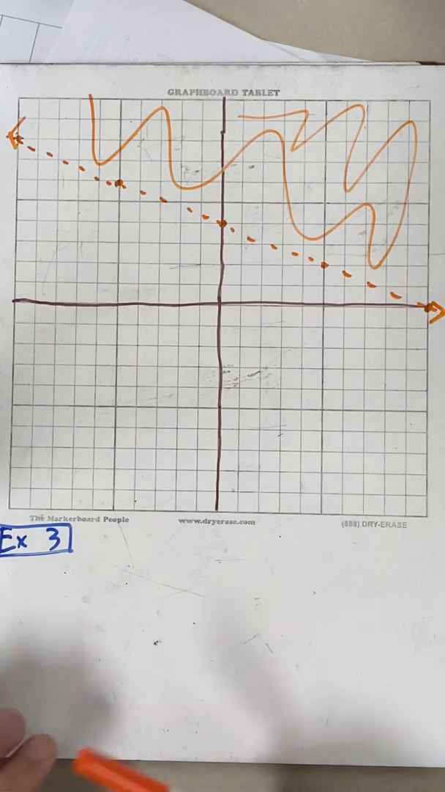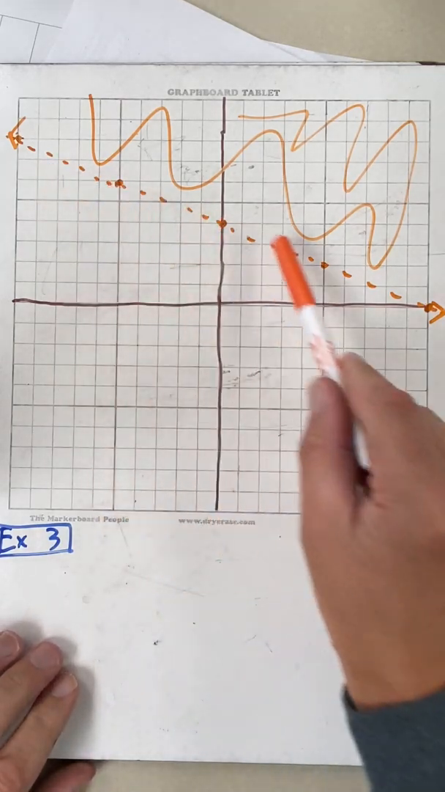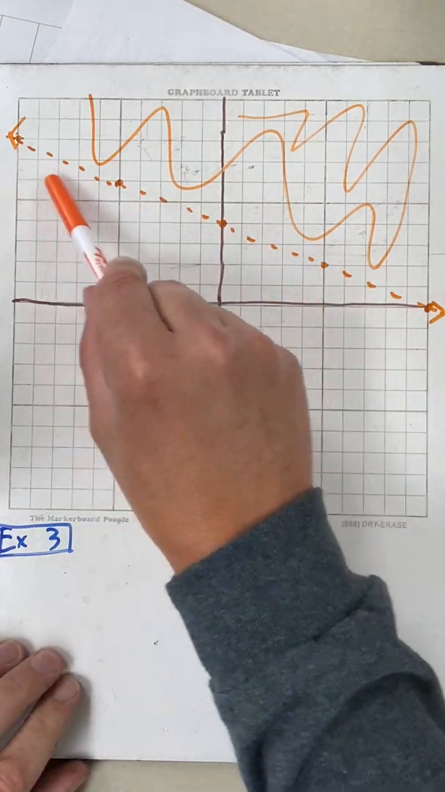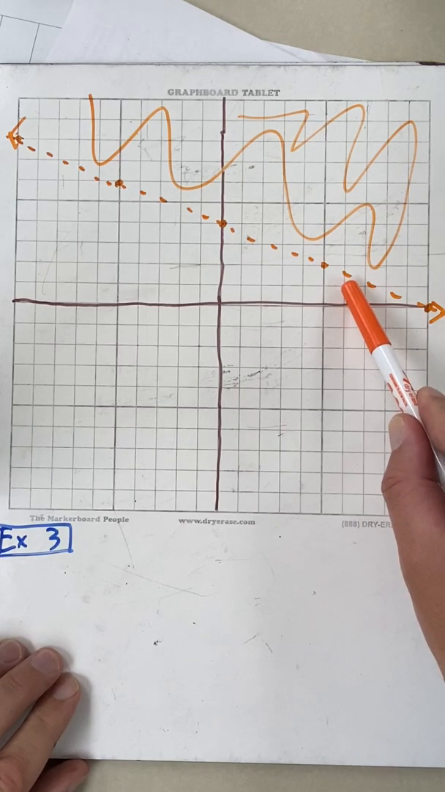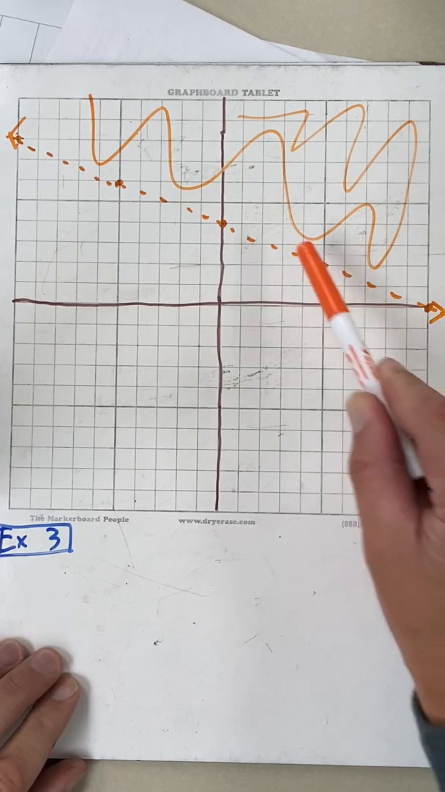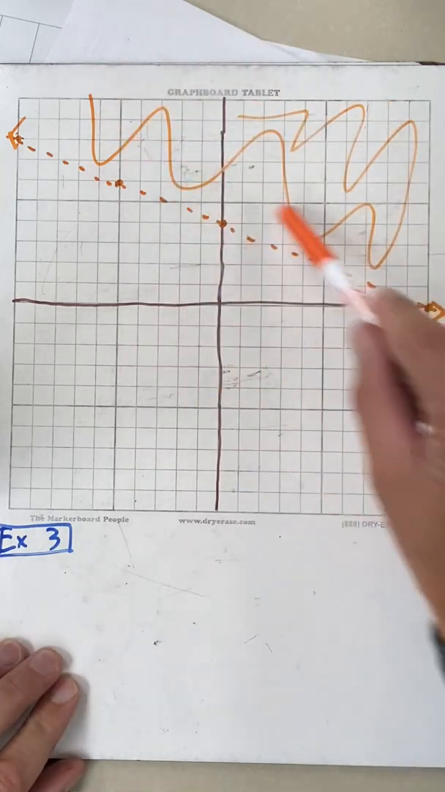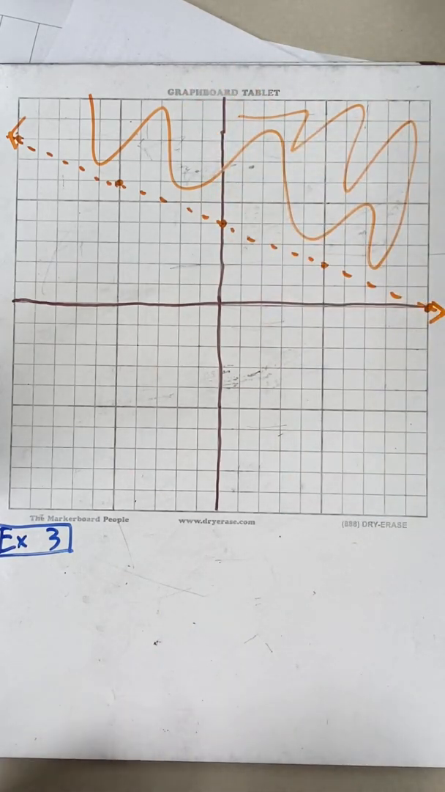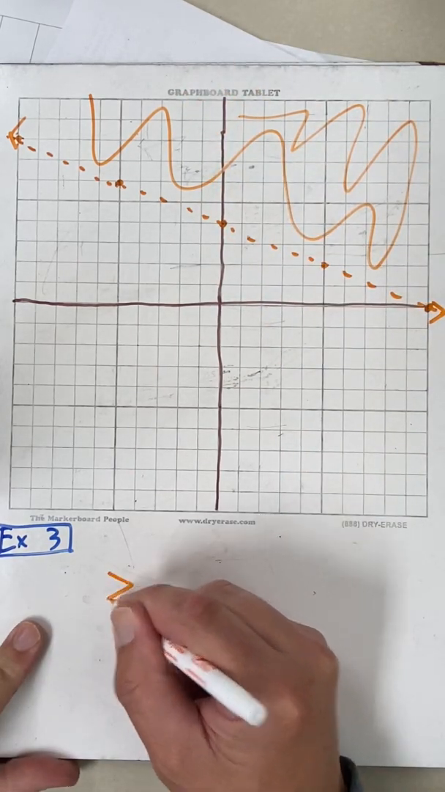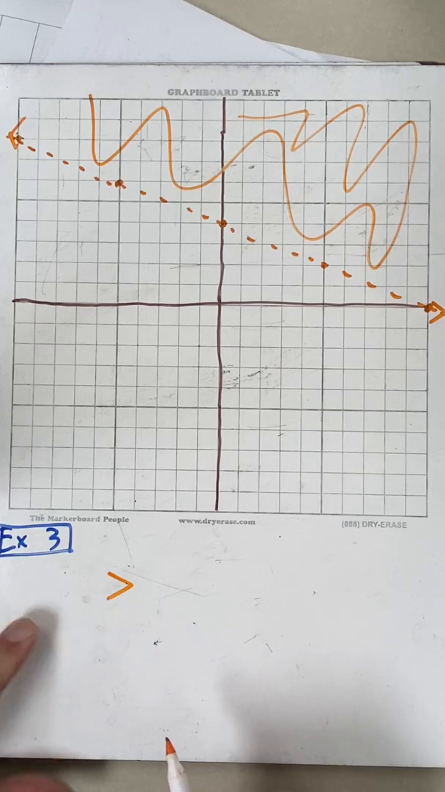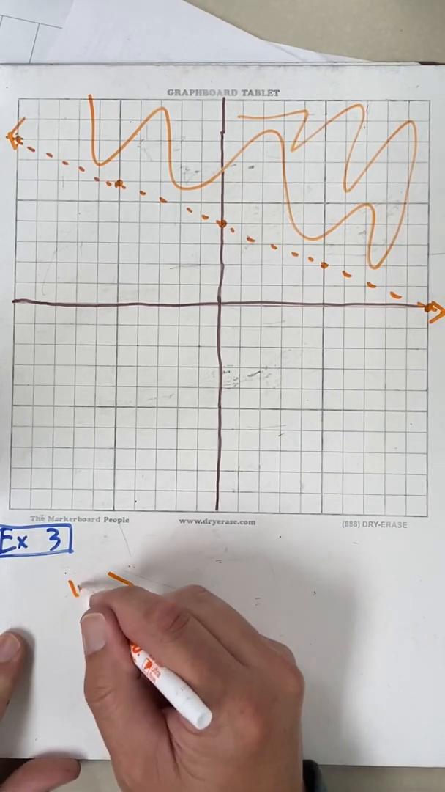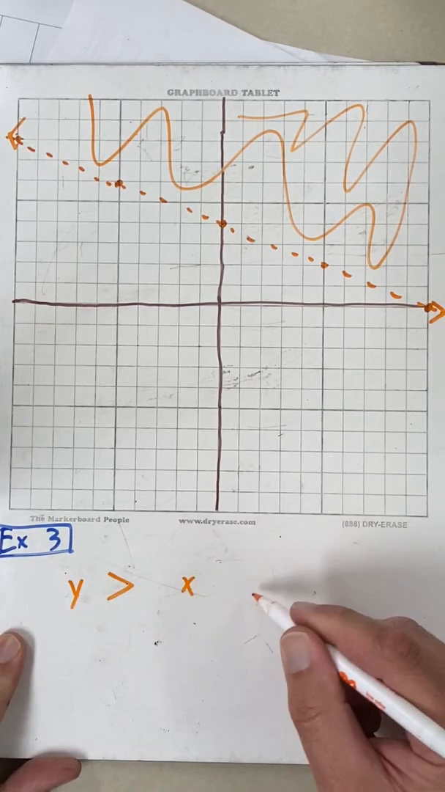I'm going to look at this line here, and I see a dotted line. So my hint is, okay, no bar, no equal sign. And the shading is above the line. So that means I'm going to use the greater than symbol. So I'm going to go greater than, but with no bar. All right, so I'm gonna have a y here, and now I just need to find the y-intercept